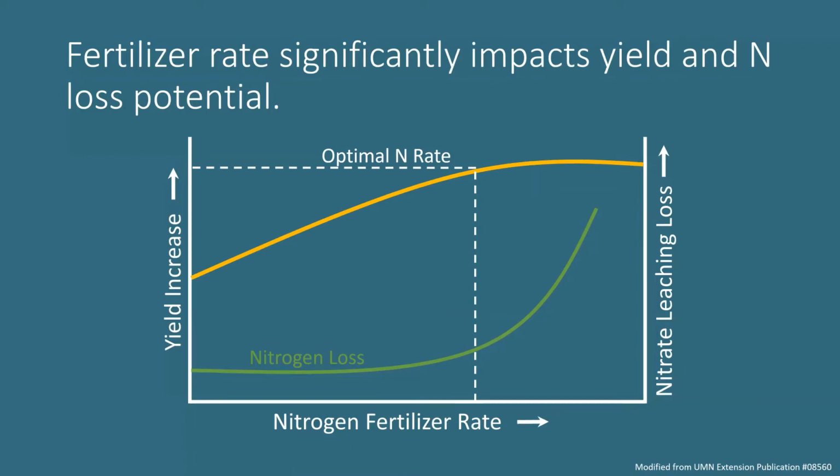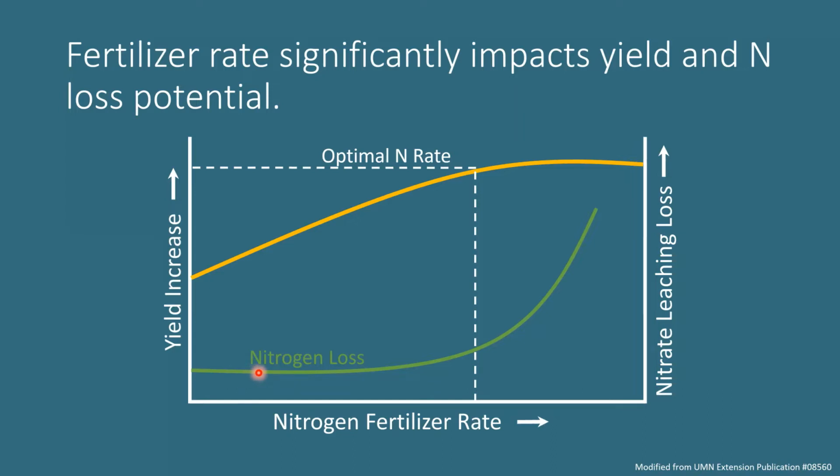Now, irrespective of the fertilizer source, nitrogen fertilizer rate is also one of the main drivers of corn grain yield production and fertilizer use efficiency. As shown in this diagram, when we apply nitrogen fertilizer, the response in yield is typically linear up to a point, and then it starts to plateau off, where each additional unit of nitrogen returns a lesser yield. And so we don't want to apply too much nitrogen because we're not going to get the return on our investment.